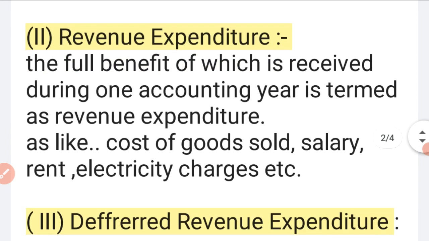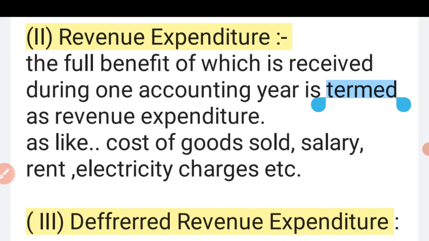Revenue expenditure means the full benefit of which is received during one accounting year is termed as the revenue expenditure. In accounting term अगर हम बात करें, हम लोग की accounting period होते हैं वो कैसे कब से start होते हैं? 1 अप्रैल से 31 मार्च तक. उस पीरियड में जो भी हमने सैलरी पे किया, रेंट पे किया, इलेक्ट्रिसिटी पे किया, चार्जेस जो भी हमने एक्सपेंडिचर किया फॉर